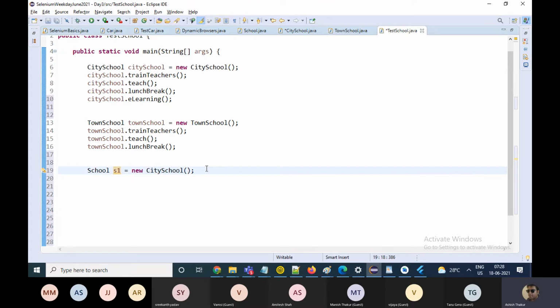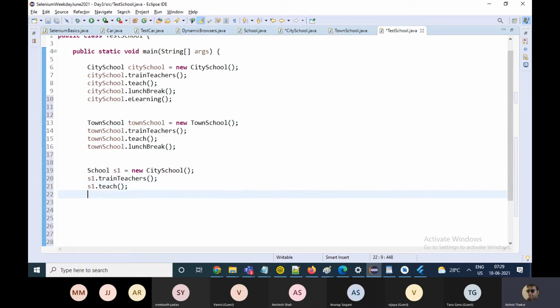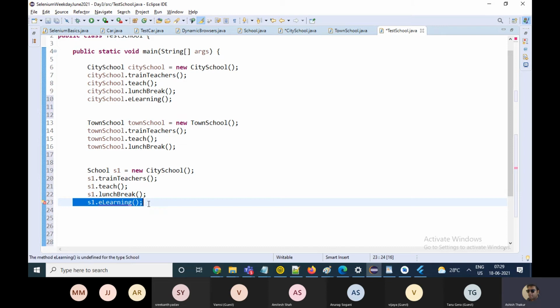With S1, you can access all the functions in the city school that come from the school interface only. You can call the functions train, teachers, and so on, like this. But you cannot call the function e-learning. This is not possible.